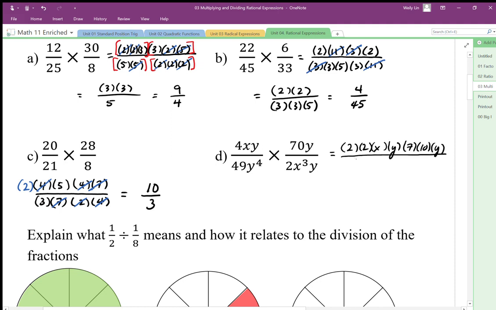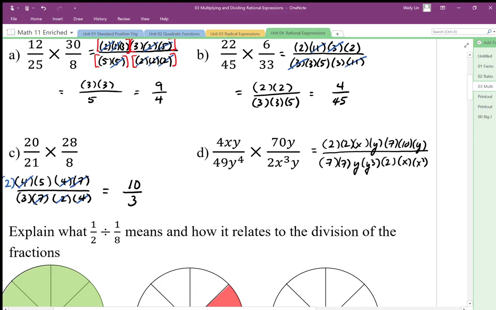So I have 7 times 7. And I'm going to write that just as y times y cubed, because I can see that those two cancel out. I've got a 2x times x squared, because I can see that that x will cancel with that one. And I've got the y here, which will cancel with the one on top. Now it starts to get a lot of factors here, so we have to be very organized to keep track of everything. So I've got a 2